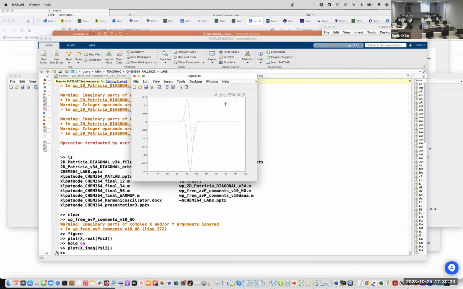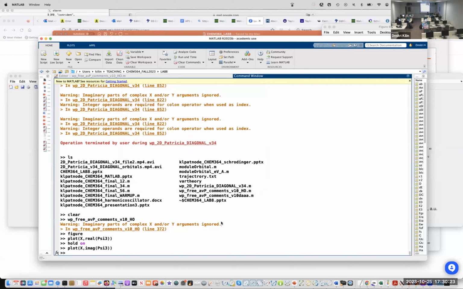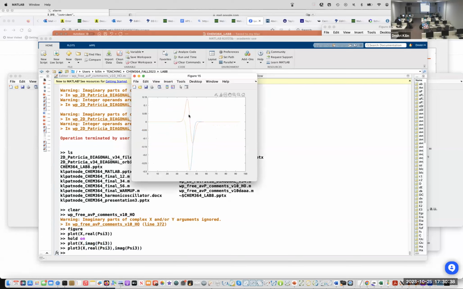So real and imaginary part, and if we do plot3 of x, real, imaginary, we'll have these spirals, because the wave function has real and imaginary parts.